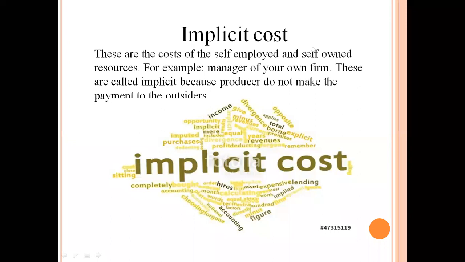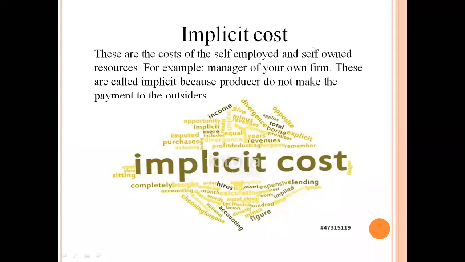Cost तो है ना? Because अगर आप बाहर से बिल्डिंग रेंट पे ली होती, आपको रेंट देना पड़ता, वो explicit हो जाता, because you are paying that to outsider. लेकिन अभी बिल्डिंग आपकी है, आपको बाहर रेंट नहीं देना, but still वो cost का part है. That is known as implicit cost, because you are not paying it to outsider, लेकिन cost का part कैसे हुआ? It will be counted in the profits, right or not? आपके profits बढ़ जाएंगे because you are not paying rent to outsider.